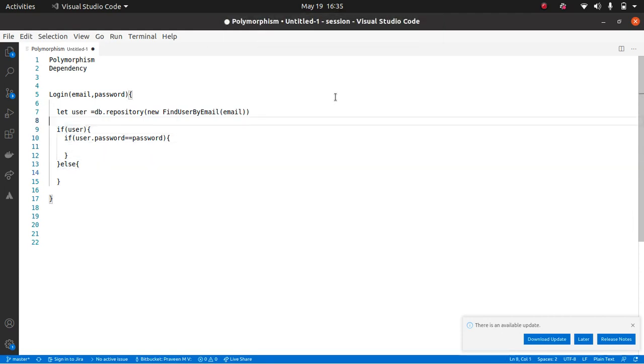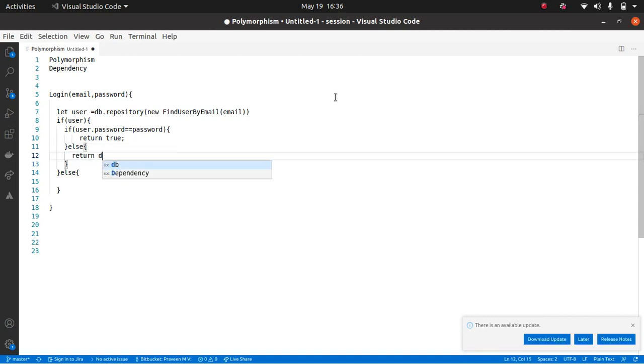So till now, are we clear? Simple thing, right? I'll just put return true over here, just a pseudocode, and else return false, and here also I'll return false. Cool.